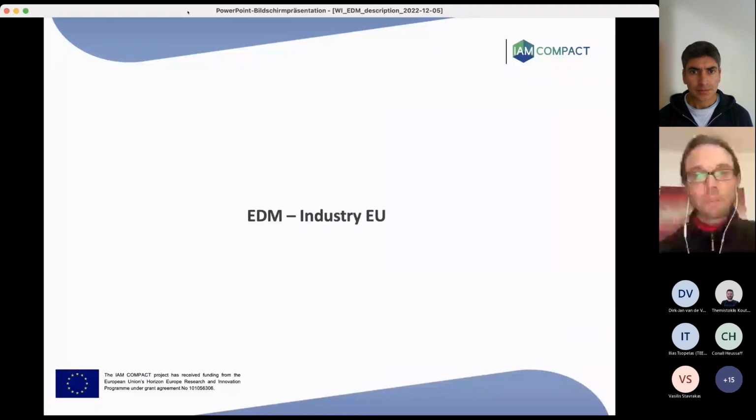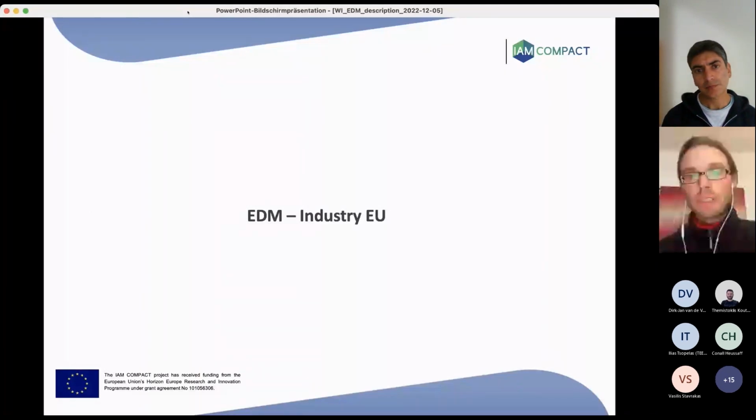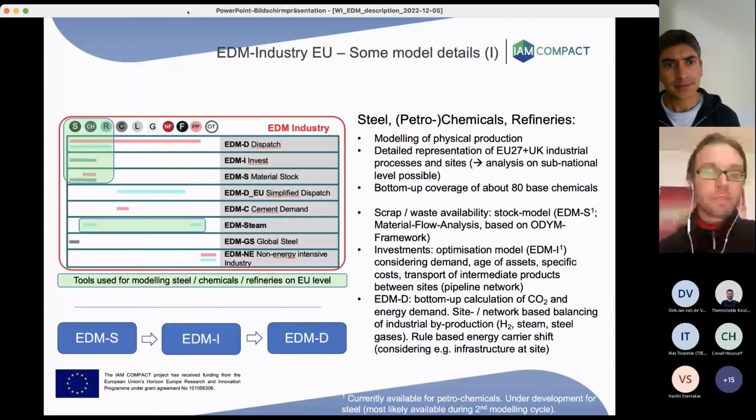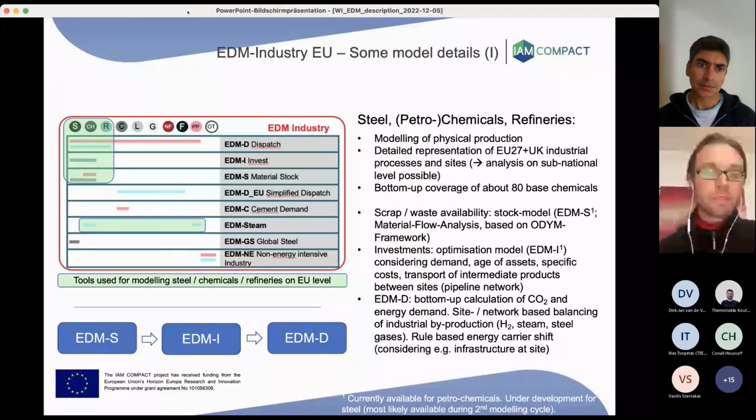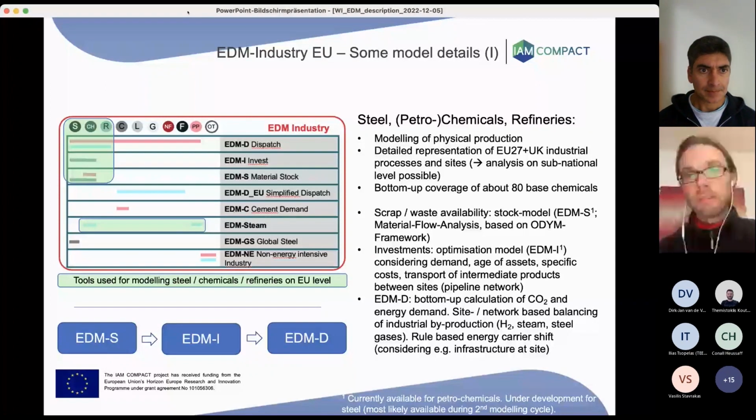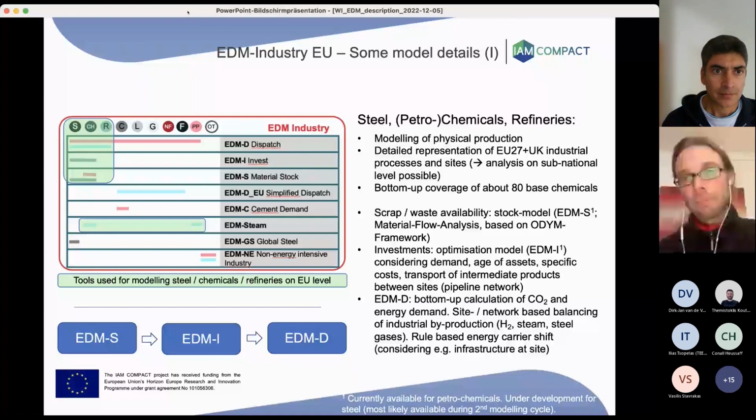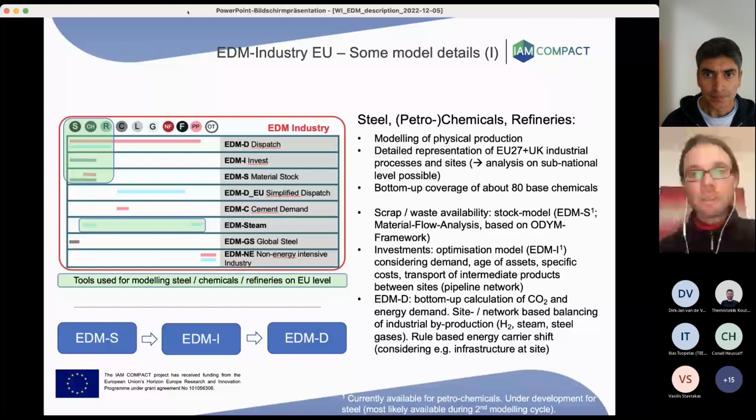A bit on the industry EU model first. I've highlighted in the figure here the models which we typically use for this kind of analysis, first focusing on the steel industry, the petrochemicals, and the refineries, which are the industries that we have the deepest look at with the models.